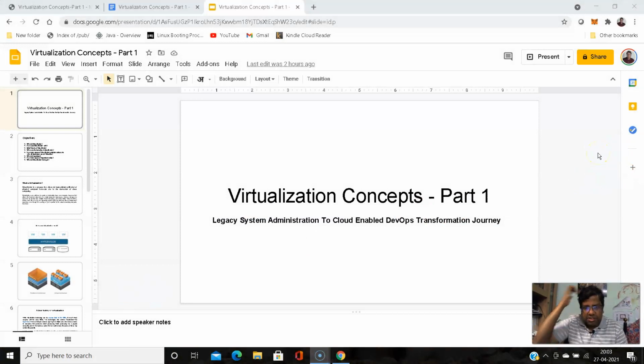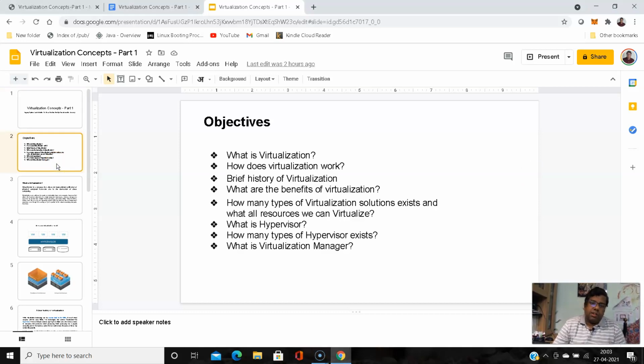These are the slides that I will be using as a tool for this presentation. So let's start with the objectives of today's session. In my previous articles, I have covered the broad overview of the journey to DevOps.